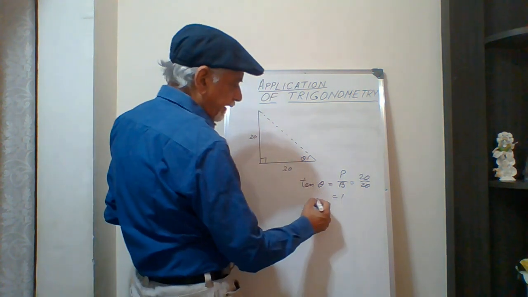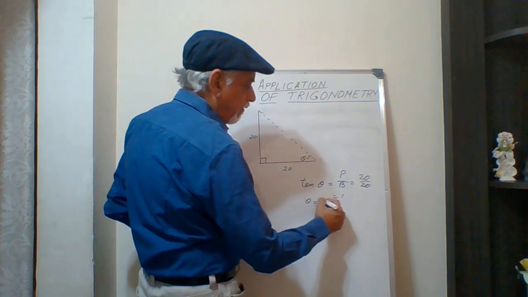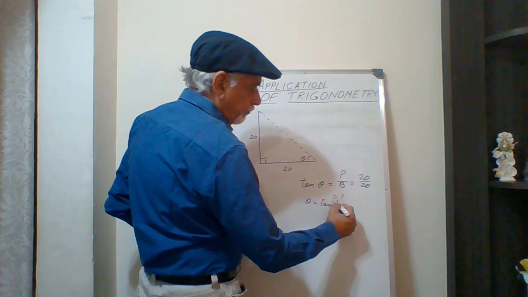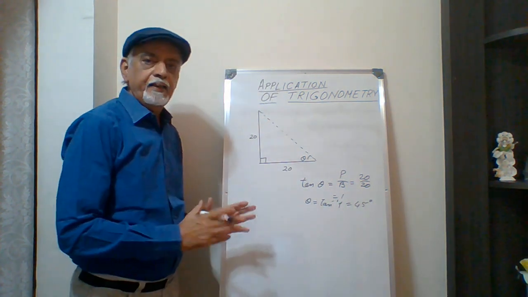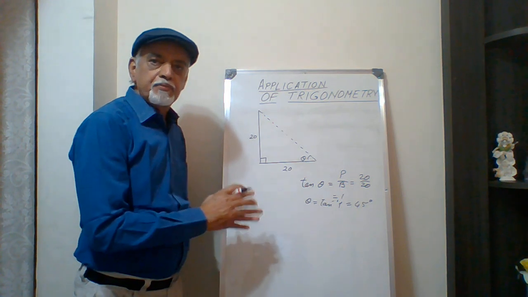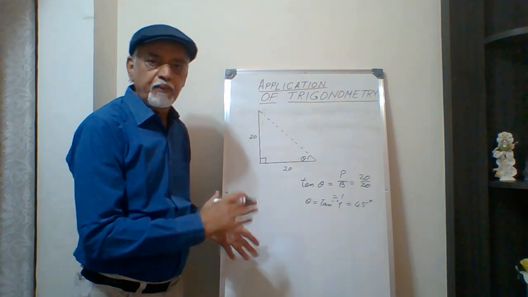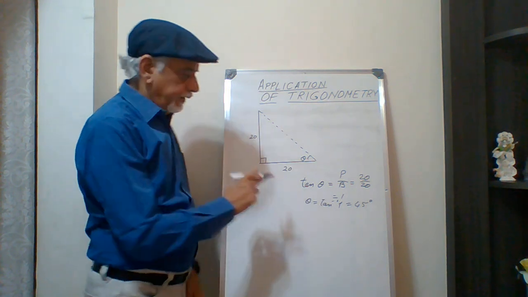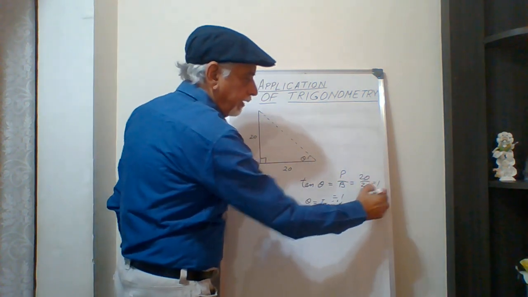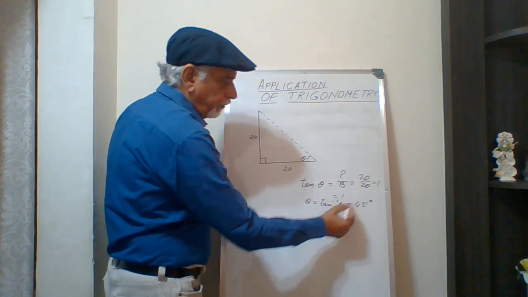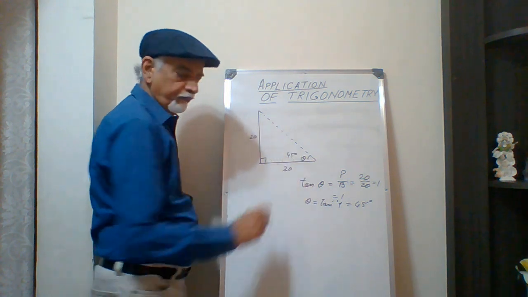So here we can say that the measured angle theta is tan inverse of 1, which is 45 degree, where sine and cos both are equal at 45 degree, 1 by root 2, 1 by root 2, and when you divide sine theta by cos theta, you get a ratio of 1, which is tan theta equal to 1. Here it is 1, and 1 refers to 45 degree. So now this measurement should be 45 degree.